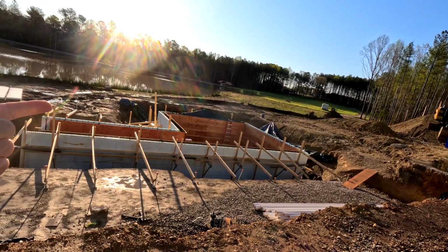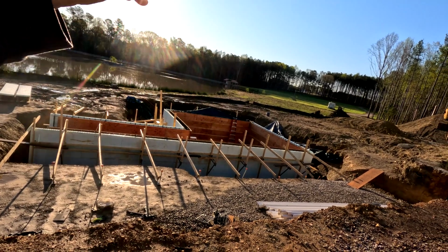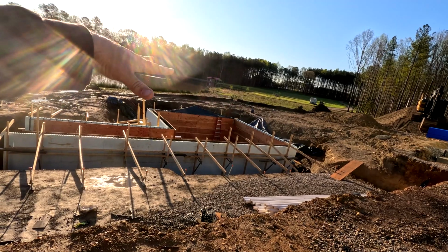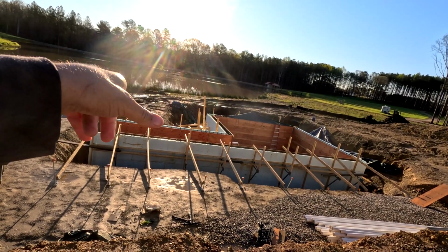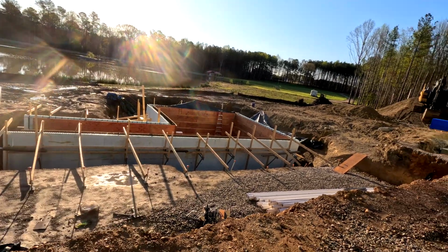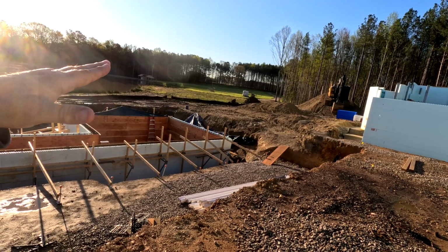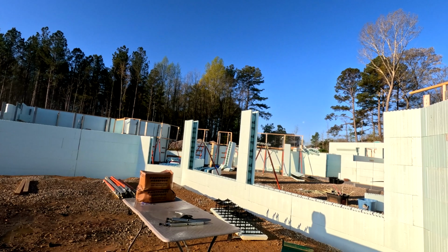We're going to give it a couple weeks and backfill all this. We'll have to take all the bracing down, all the interior paneling down, backfill all that with clean rock, which is going to get quite ridiculous on that backside especially, and here, but is what it is. So we'll backfill all that, and then I'm going to work on the basement until the basement's ready to pour,